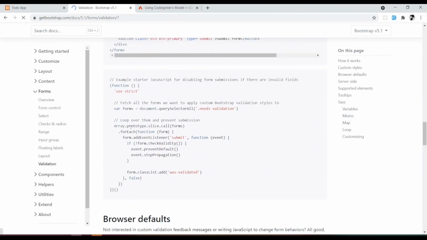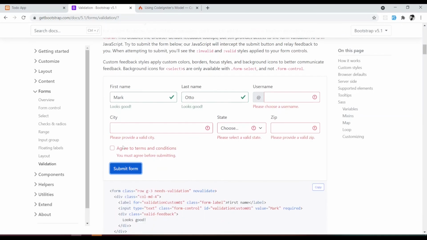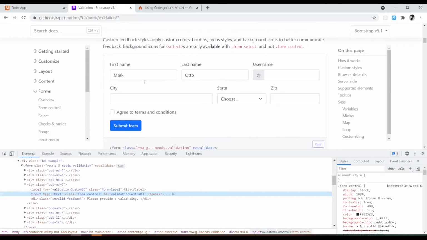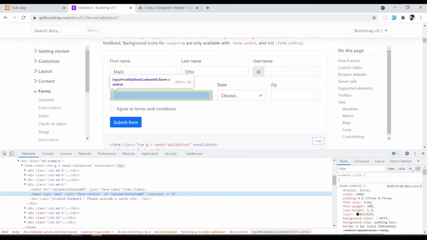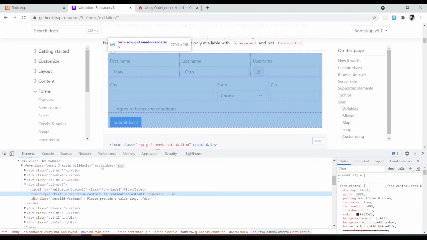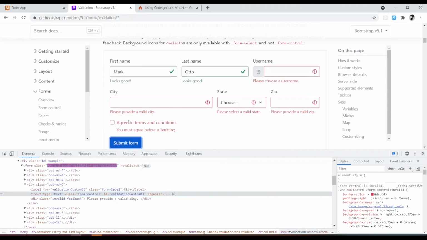There is nothing. Where is the validation? I do not have any. Only this and this. I do not have any class here. We have a class, invalid feedback class, but it is not yet shown, but when we submit the form,